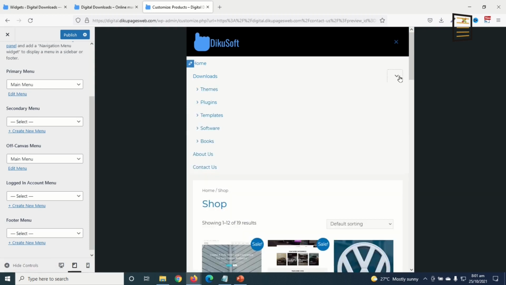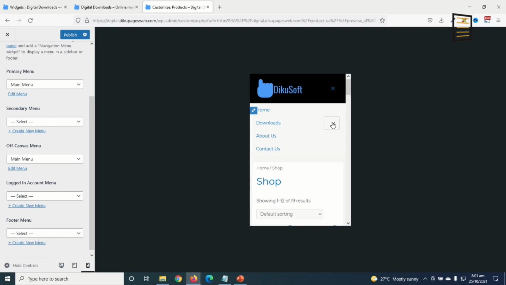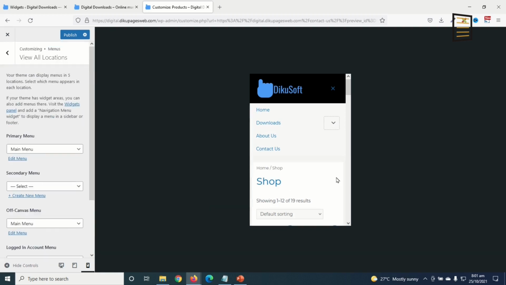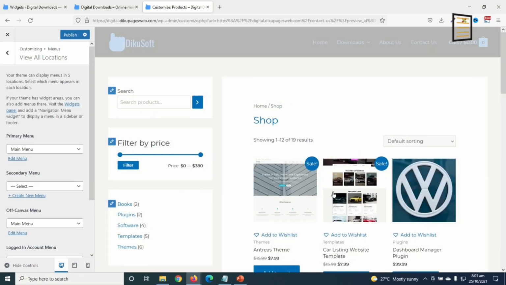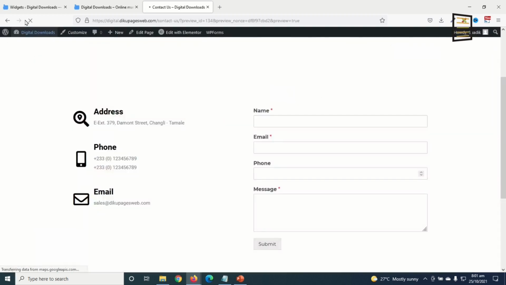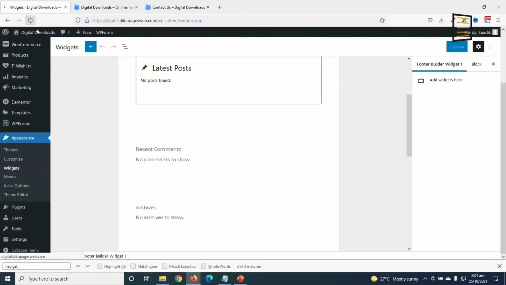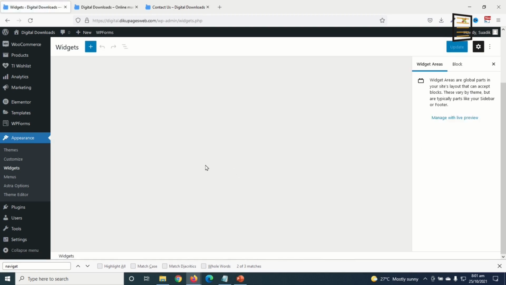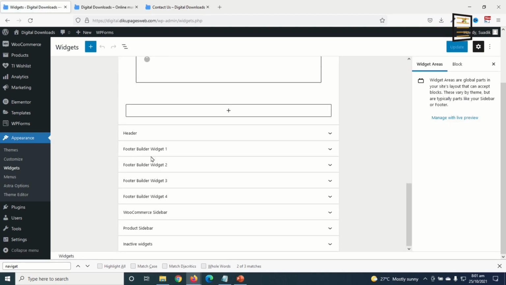Awesome. Let's check it for mobile. That's cool. So that's it on all the customization I want to do. But take note, we still have to fix our footer section, so I publish it and I exit from here. Now going back to widgets, I refresh the page and we'll now see all the widgets we have added. So we have the footer builder widget 1, widget 2, 3 and 4.